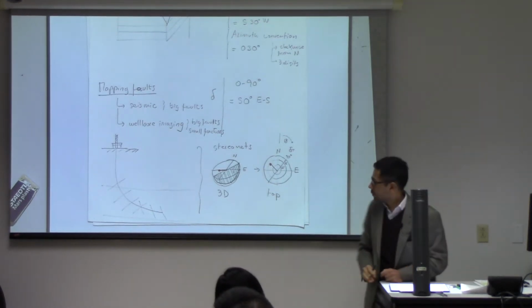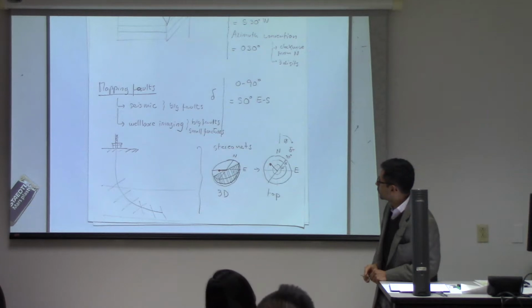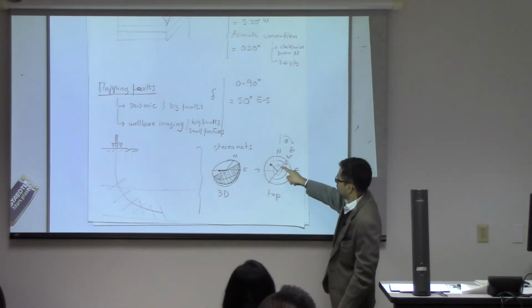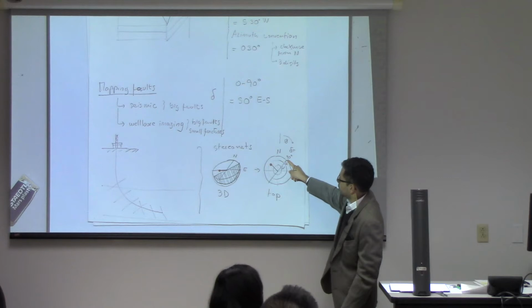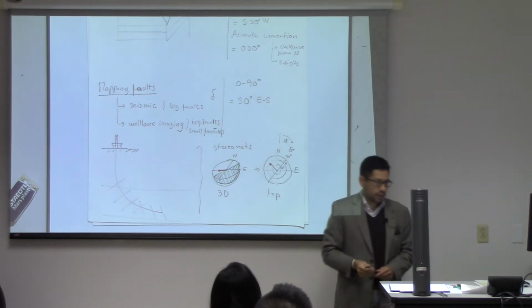Yes, Mr. Awa. The angles that are over there, 90, 66, 30, are they angled to vertical or to horizontal? Like, does 90 mean horizontal or vertical? Here in the stereonet plots,